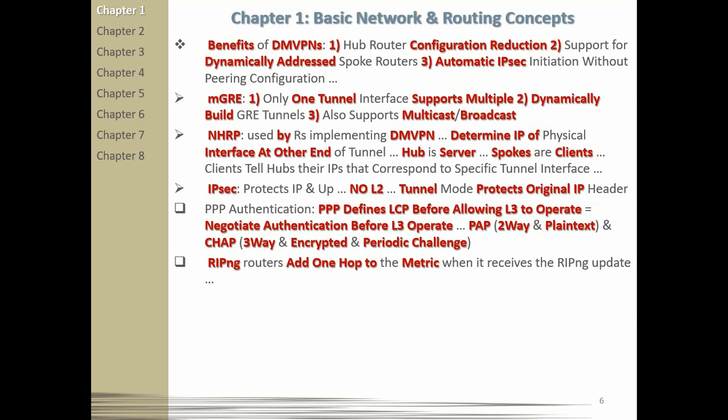And when we use this in a hub and spoke DMVPN deployment, that means that no GRE or IPsec information about a spoke is configured on the hub router. All we need to do is that we need to configure the spoke router for the GRE tunnel with information about the hub,